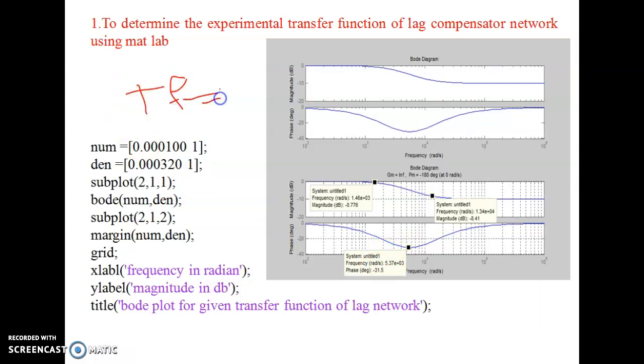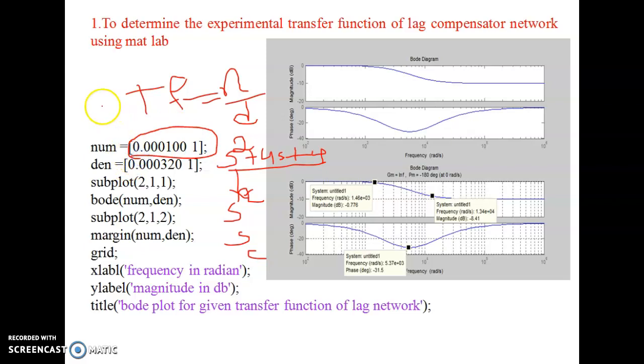That transfer function consists of a numerator and denominator polynomial equation. So first we have to write the numerator coefficients. While writing the numerator coefficients, the equation will be like this, s square plus 4s plus 4. Suppose the numerator is a quadratic equation like this. While entering the numerator coefficients, first we have to enter the s square coefficient, then the s coefficient, then the constant. As per the transfer function, here there are only two coefficients: one is the s coefficient and one more is the constant.